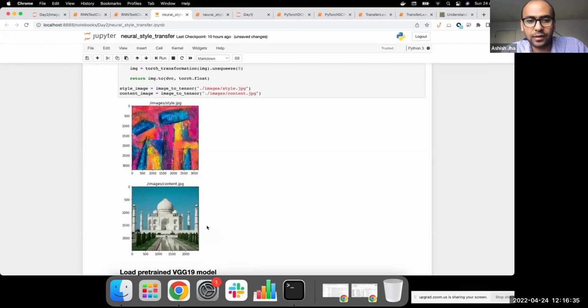It starts to learn both a little bit of this and a little bit of that. The content loss makes sure that it learns the actual content from the Taj Mahal image, and the style loss makes sure that it learns the kind of texture, or the kind of distribution of colors from the style image.